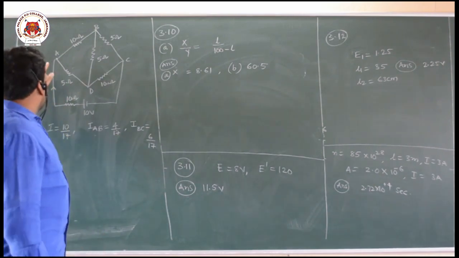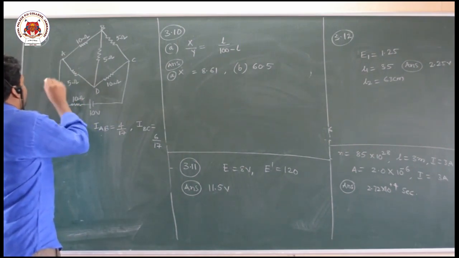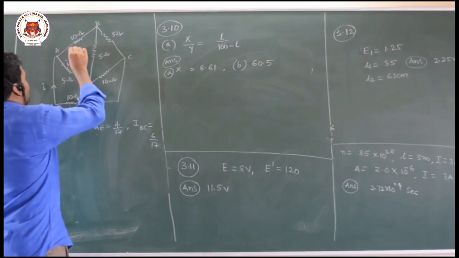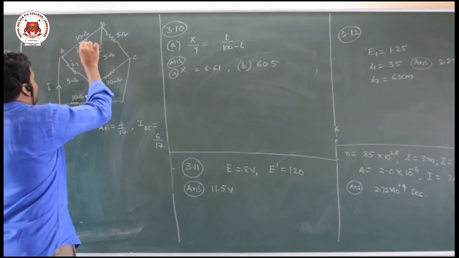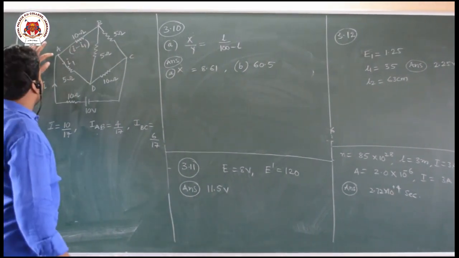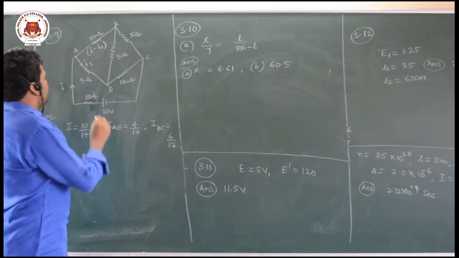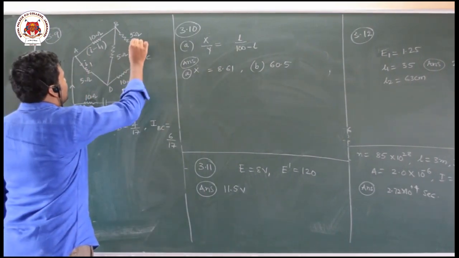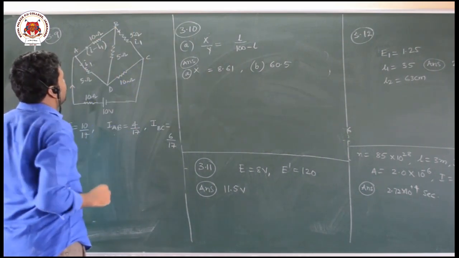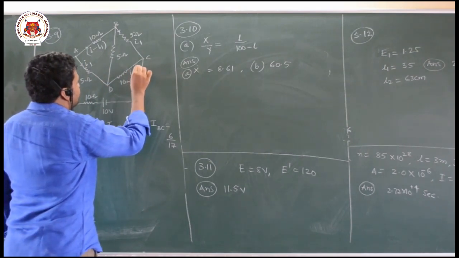Here I will take current I reaching this junction, and I1 entering into this branch. I minus I1 enters the other. Why am I writing I minus I1? Because based on Kirchhoff's first law, when I enters and I1 leaves, the remaining current will be I minus I1. Now if this is I1, this also will be I1 by the condition of symmetry. If this is I minus I1, this also I can write as I minus I1.